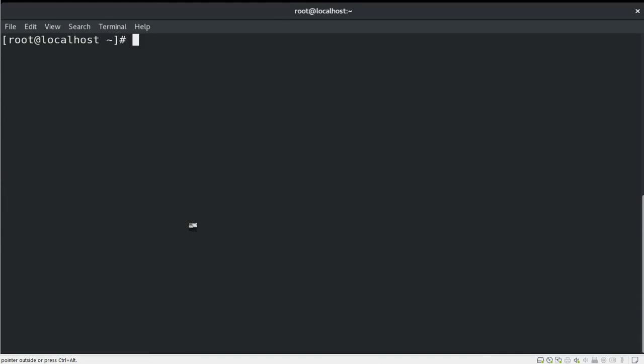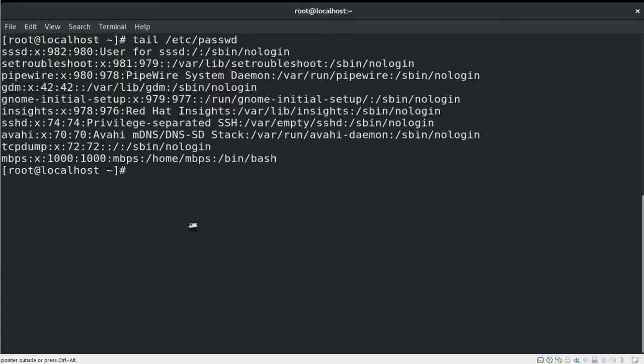Similarly, if you would like to check the bottom lines of any file, you could use the tail command. Tail will provide you the tail lines of any file. Of course, these are the bottom lines, and this is very useful sometimes to know the last lines of a particular file.